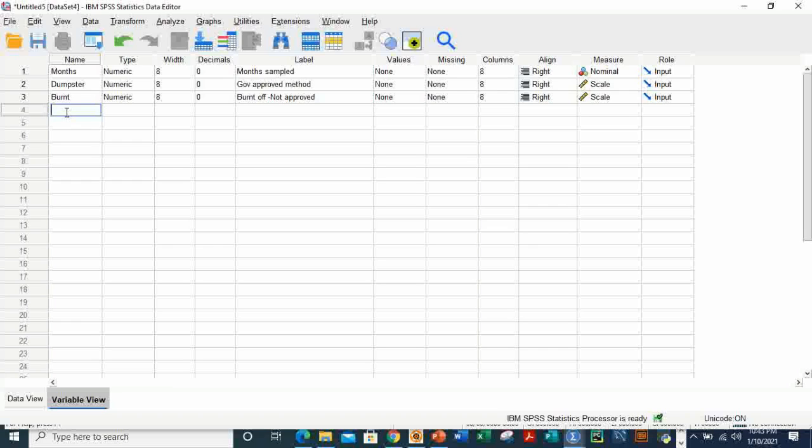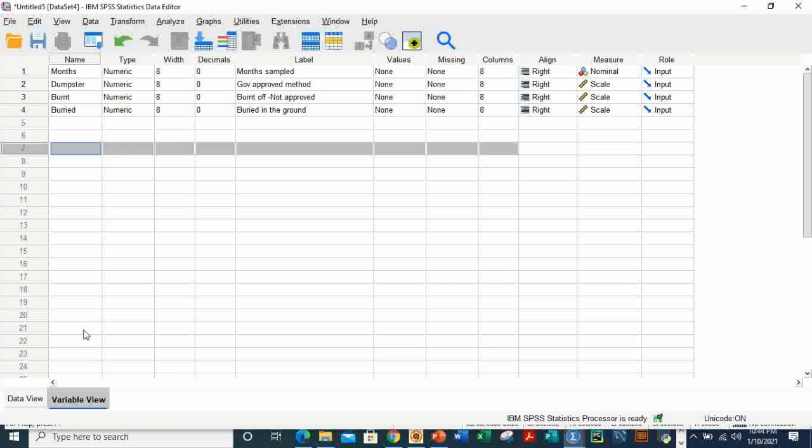Then we have buried in the ground. Numeric as well. Scale. Then I think I'll just use the 3, and that should be sufficient. Now let me go to the